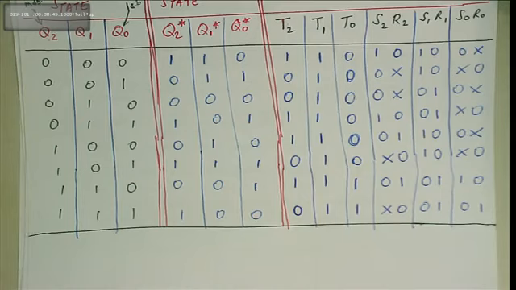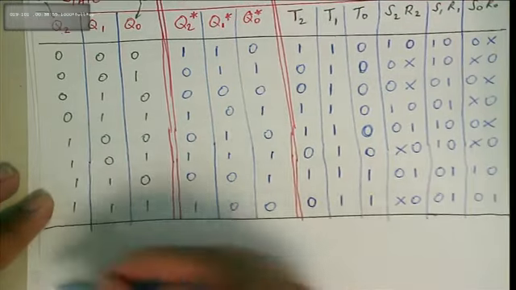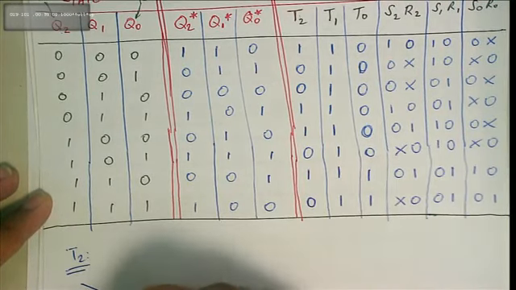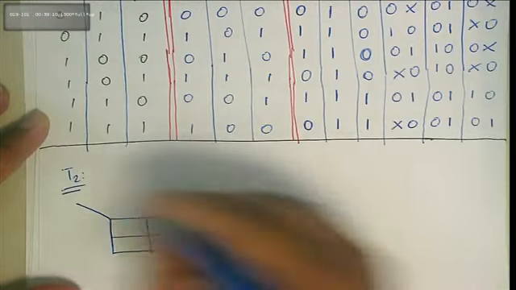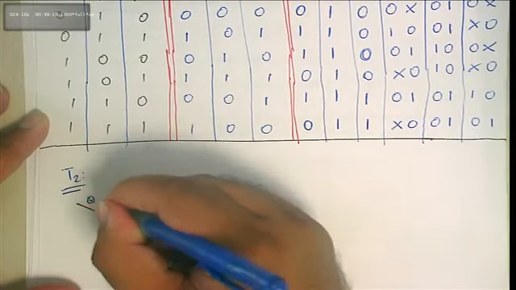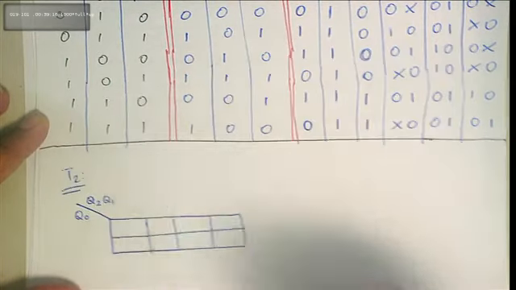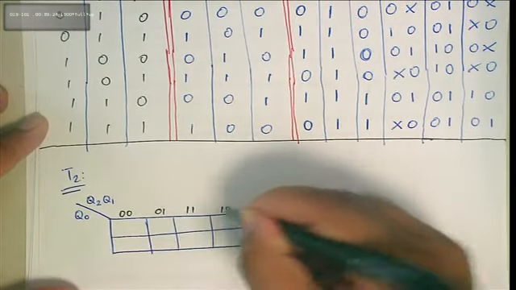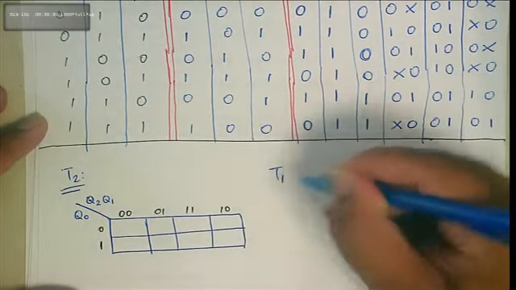All right. Okay, now let's come to this thing here. Now that we've got T2, we've got to find a formula for T2. And the way to do it is we draw a Karnaugh map, right, a K-map, and these are our inputs. You've got Q2, Q1, Q0. It's up to you how you draw your Karnaugh map. You can even make a vertical Karnaugh map, 0, 0, 0, 1, 1, 1, 1, 0, 0, 1. And similarly, you've got T1,